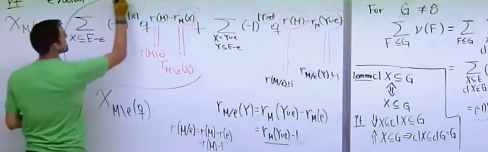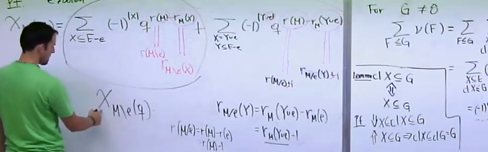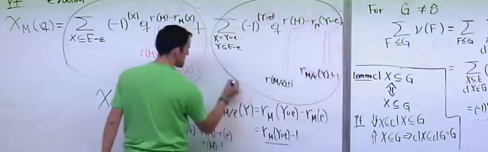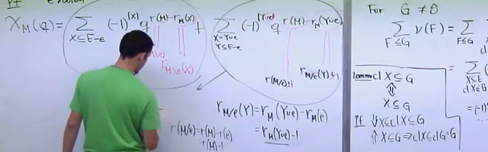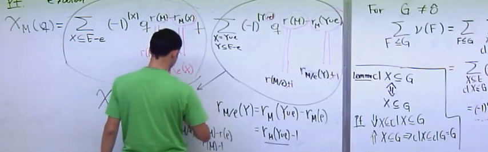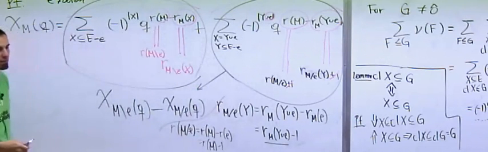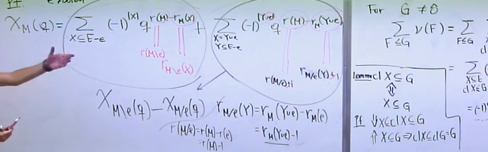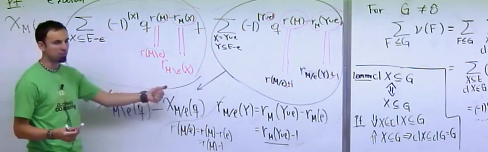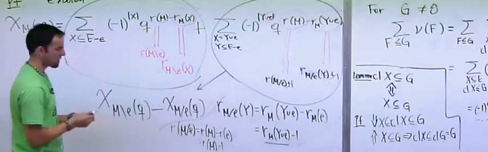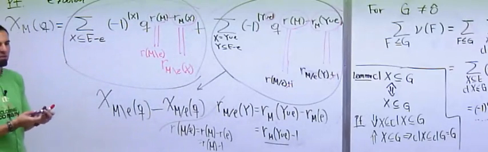So this is the characteristic polynomial of the deletion, and this is minus the characteristic polynomial of the contraction. So that's the proof. Now, if you want to do it for coloops, well, you just have to do the same thing and be careful about what happens with coloops. So again, another big proof involving lots of summations is